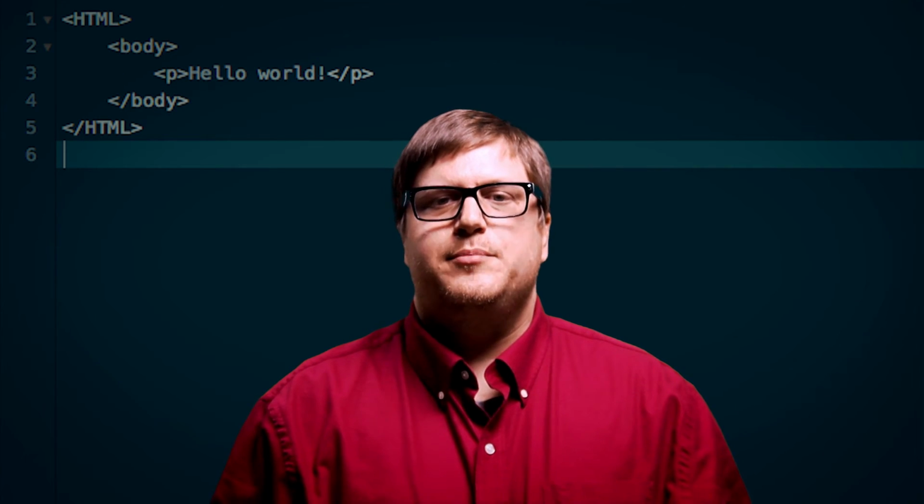You can write a PHP script that executes a series of commands on the server with or without any output to the browser. These files end with the .php file extension. You can also write blocks of PHP code directly within an HTML file. For example, here is a simple HTML file that prints "Hello World" in a browser. And when we load the file in our browser, we see the output "Hello World."